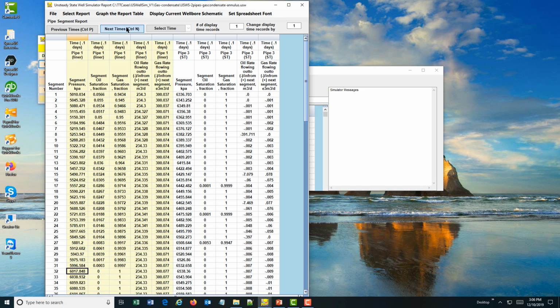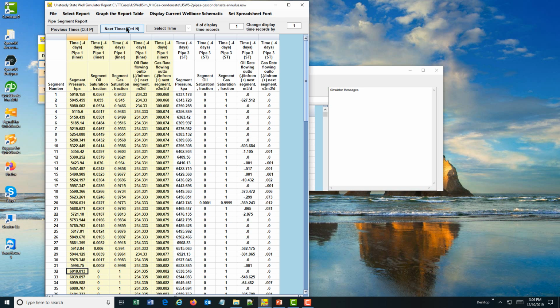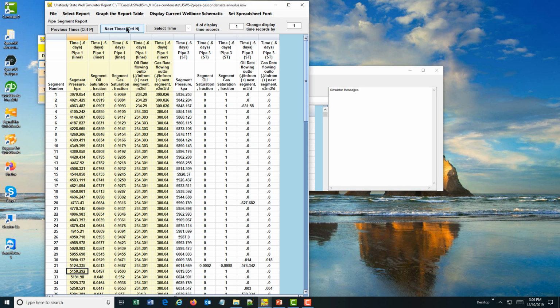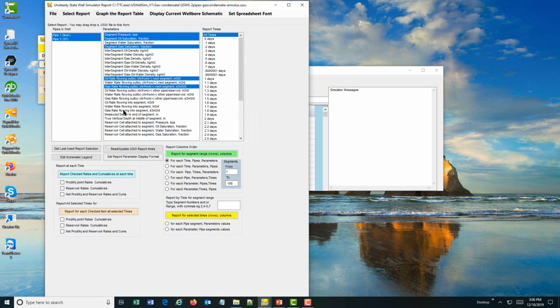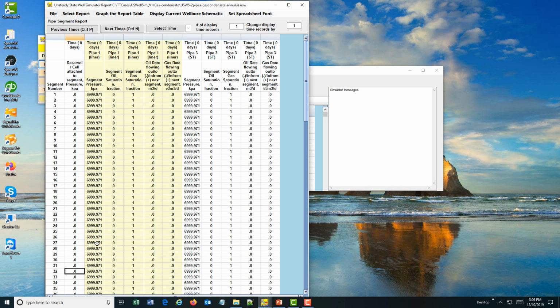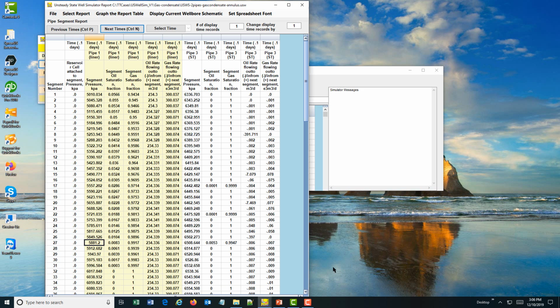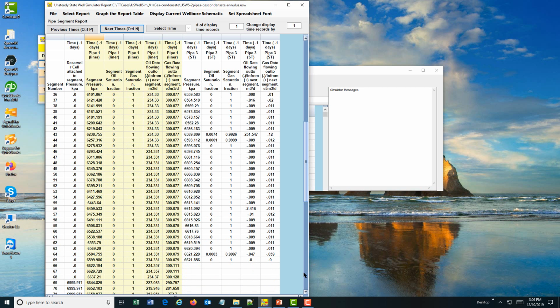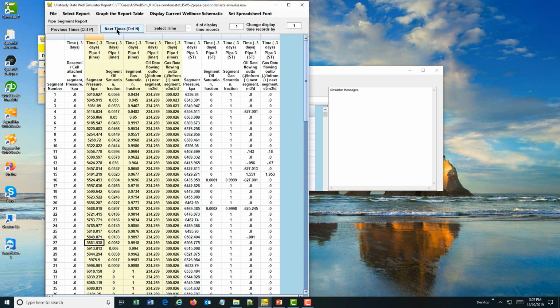If I go to the next time, this is similar until I go to 0.5 days. So if I go to the third report and look at the reservoir pressure as well, then you can see that at 0.1 day, the reservoir pressure is 7,000 kPa, and if I go down to 0.6 days,